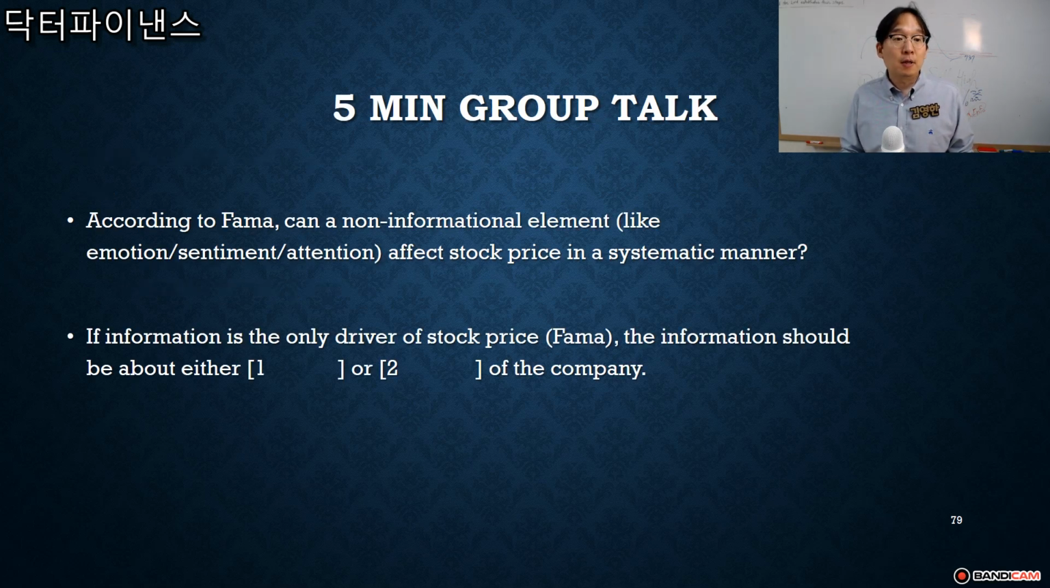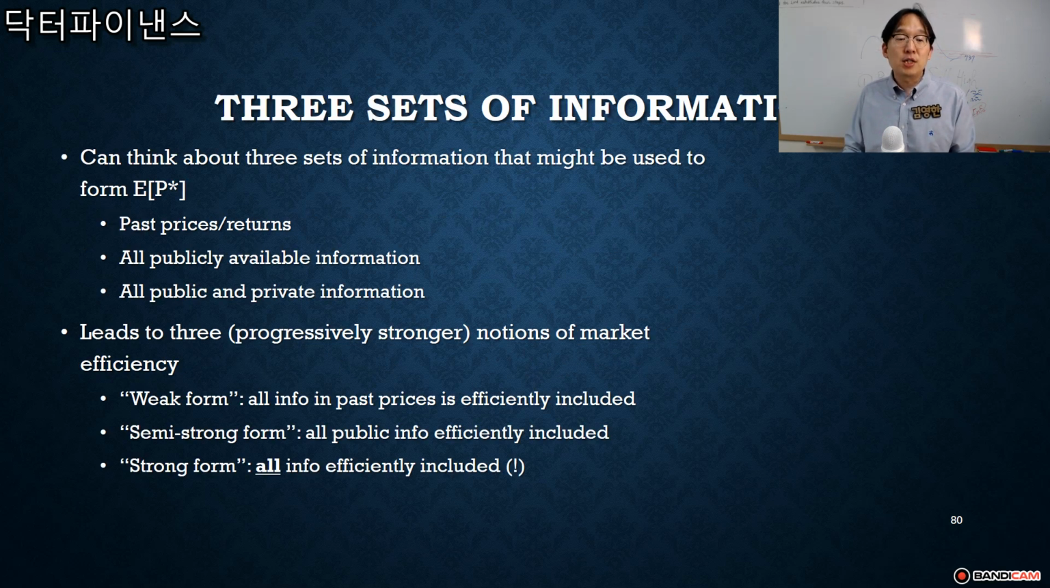And then, three sets of information. We have to distinguish the level or the degree of EMH. I said the price reflects all the information, but what kind of information are you talking about? We can classify that information into roughly three classes. One is past information, especially about the price itself, the track record of the price and trading volume, and